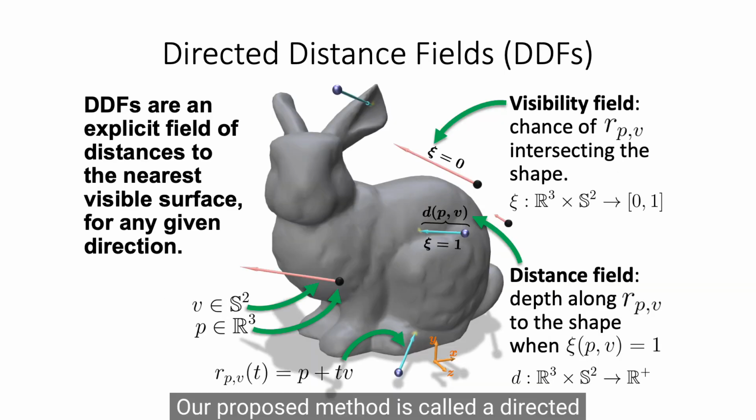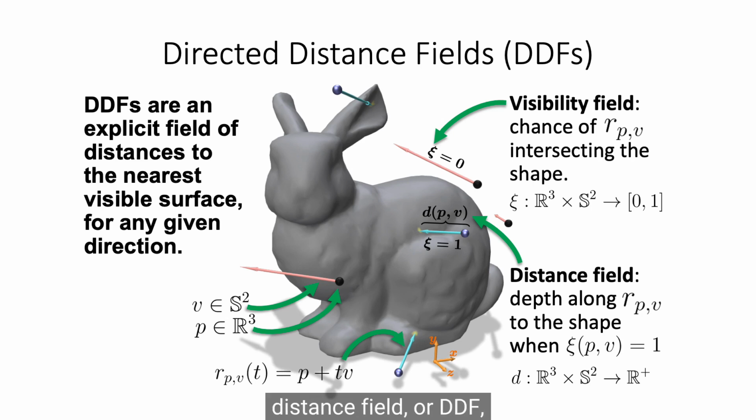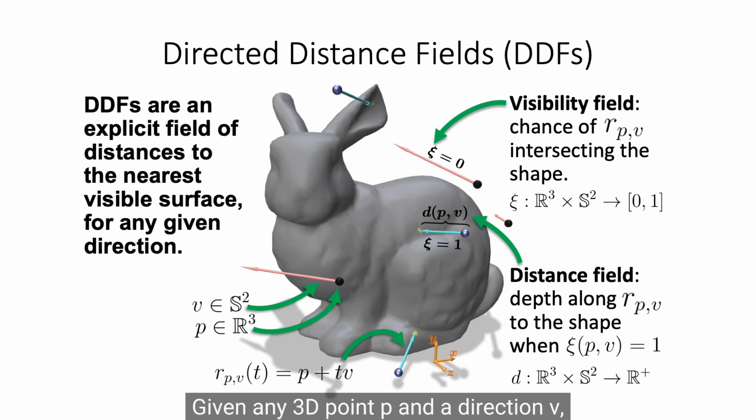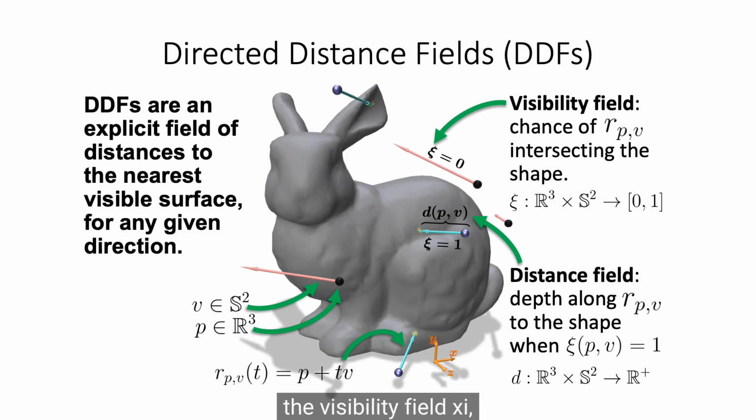Our proposed method is called a directed distance field, or DDF, which provides an explicit field of distances to the nearest visible surface along any given direction. Given any 3D point P and a direction V, we can define a ray, R, which emanates from P along V. The DDF then consists of two fields: the visibility field, psi, which encodes the probability that R intersects the